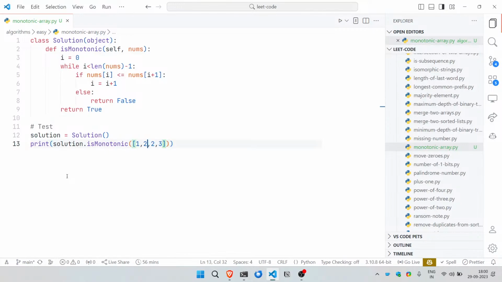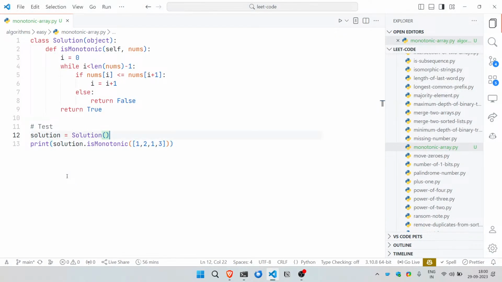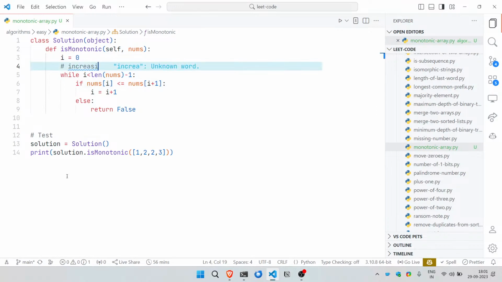So let's say I add something like a 1 here. That should return a false. Excellent. So we have the first part of the solution working. Cool. So we have the increasing part working,